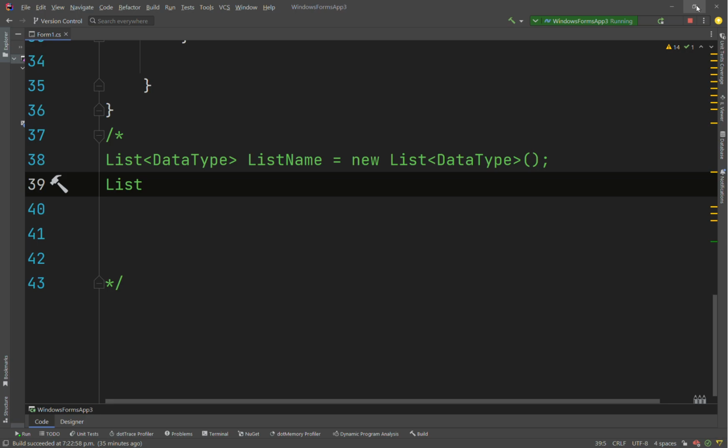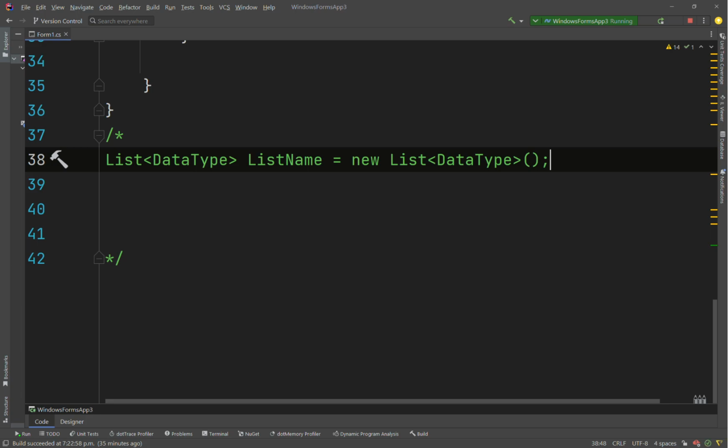So the general syntax to create a list is like this, minus that bottom line there. Okay, so it's list, and then in angular brackets the type, then the name, equals new list, once again the type, and then if you need parameters, which in this case you don't, I think it takes parameters to instantiate a list, there may be some kind of overloaded constructor that we might talk about later on. We don't really need to talk about that right now. For example, this is just the